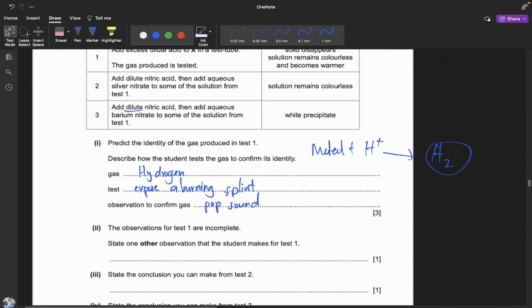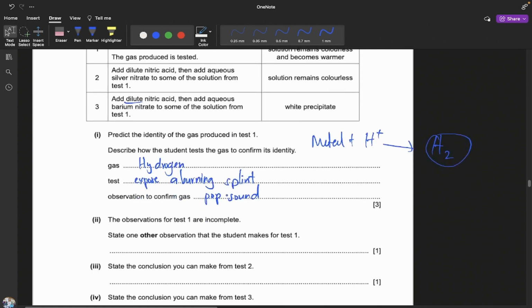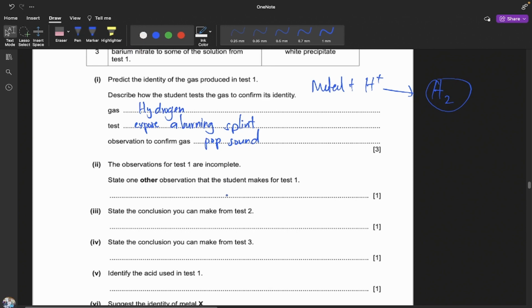Okay, what is test 1? Add excess dilute acid to X in a test tube. The gas produced is tested. Solid disappears, solution remains colorless and becomes warmer. As a gas is evolving, you can see bubbles. So the technical term for observing bubbles is